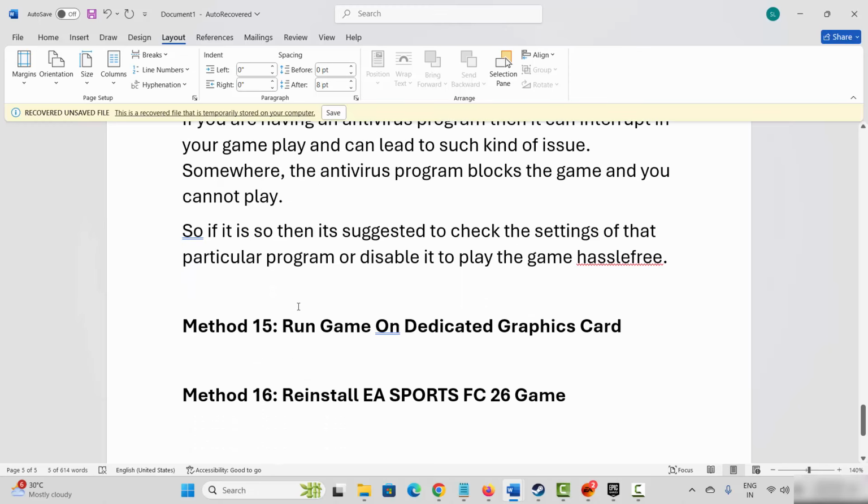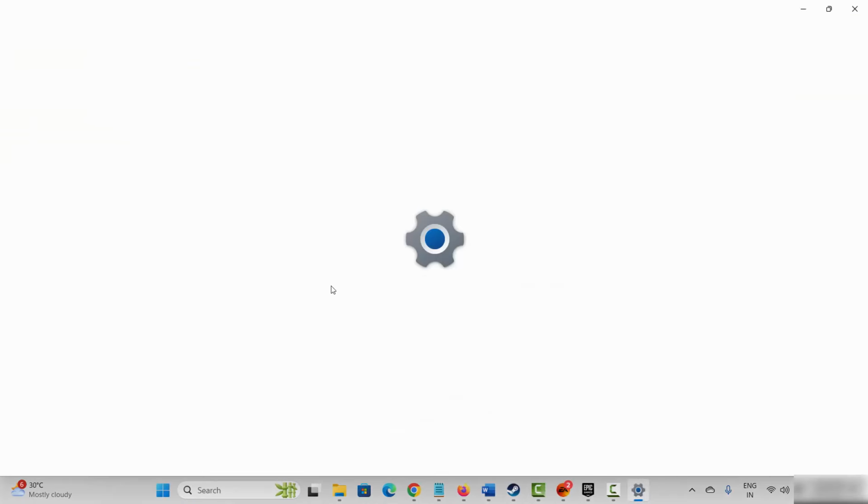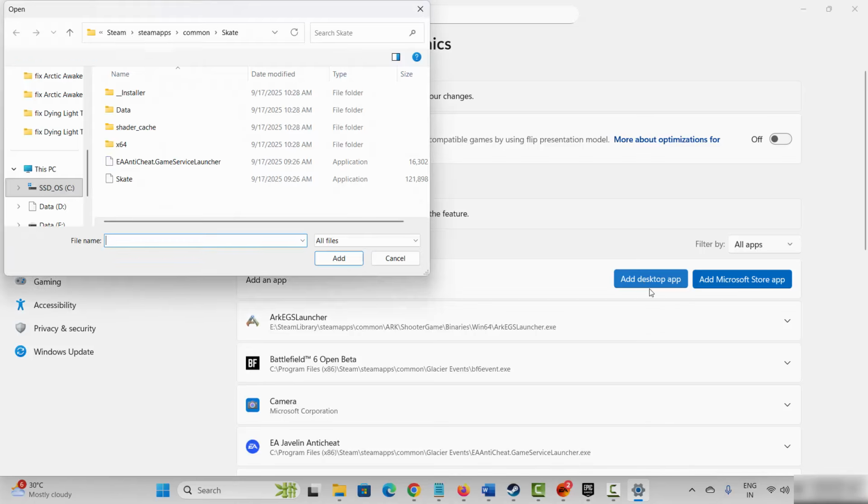Next is to run game on dedicated graphics card. So for that, go to Windows search for graphics settings. After it opens, here you have to select the game. If not, you need to add it by clicking on add desktop app and go to the game folder where you have installed either on Steam or Epic